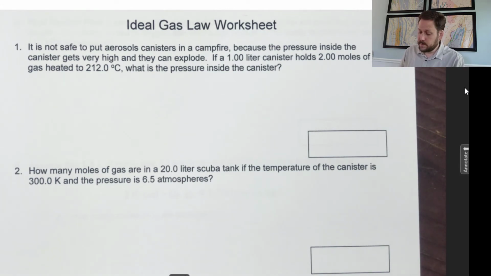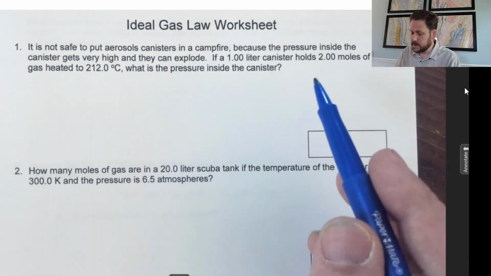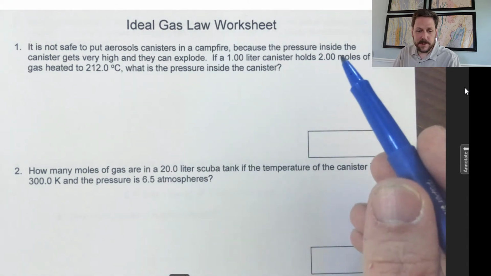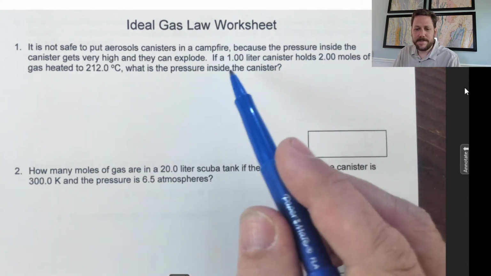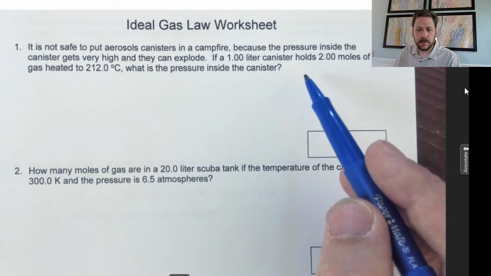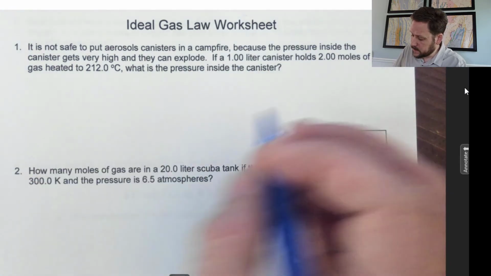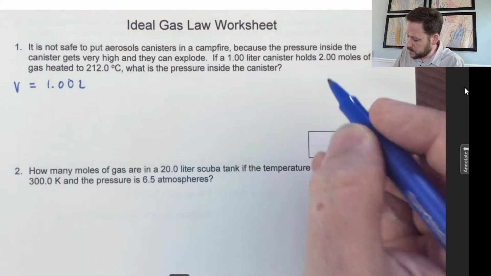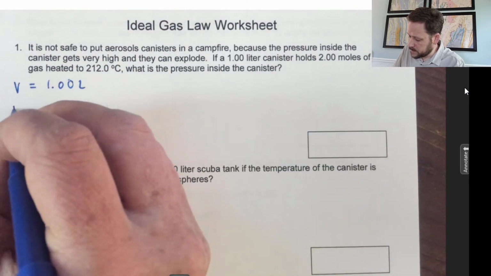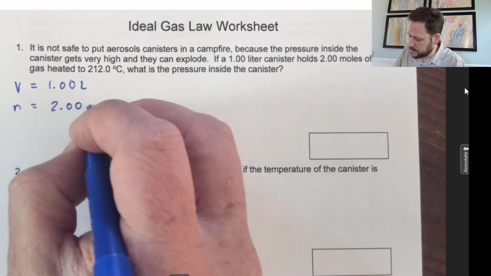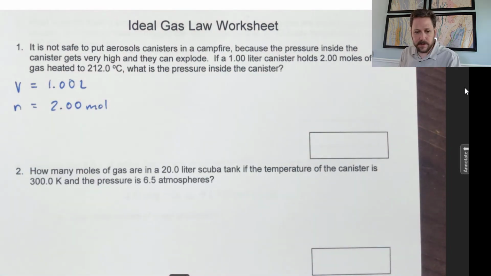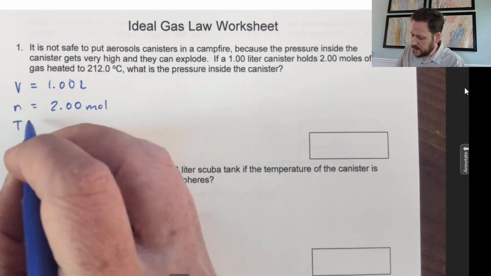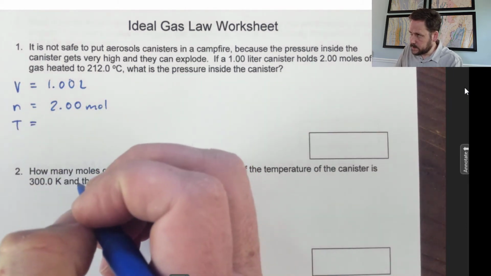It says it's not safe to put aerosol containers in a campfire. Well, that should be obvious, I hope, because the pressure inside the canister gets very high. If a 1 liter canister holds 2 moles of gas, well, let's see. We know the volume, 1 liter, given to 3 sig figs. We know the number of moles, n, is 2, given to 3 sig figs. At 212 degrees Celsius, remember that we want to convert that to Kelvin, and I think that 212 plus 273